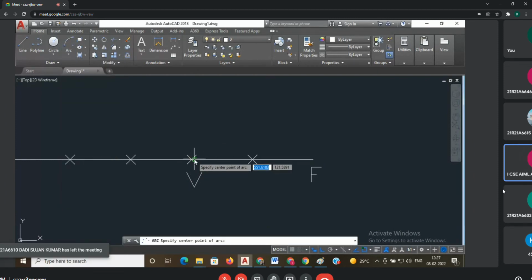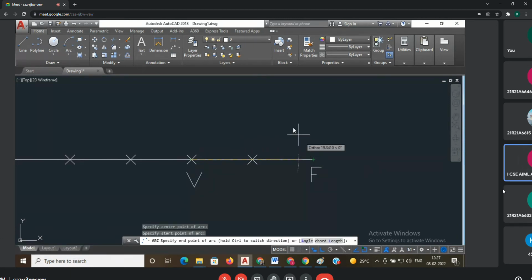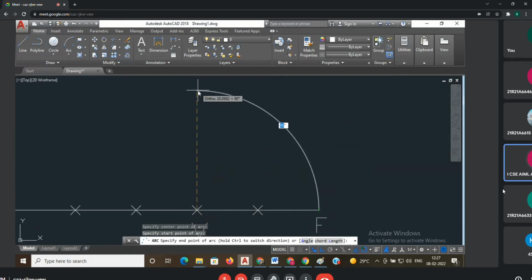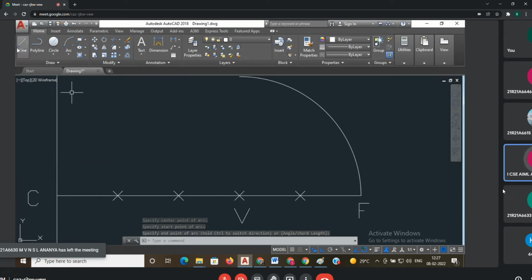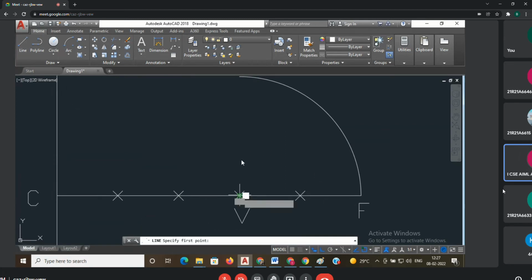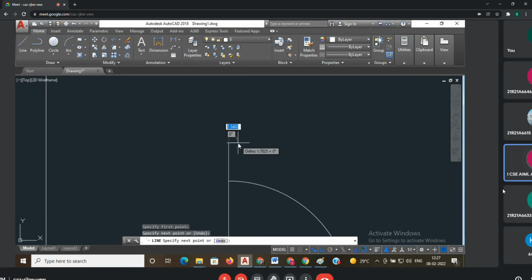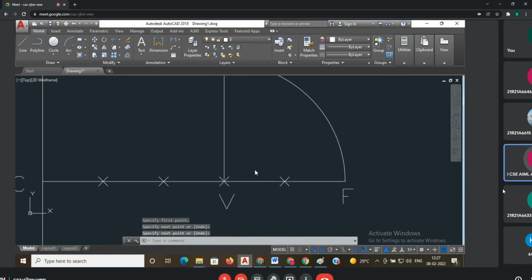Before that, you have to draw one vertical line from the vertex, in the upward direction. Then you have to draw one arc: select center, start, end; V as the center, VF as the radius, draw the arc.